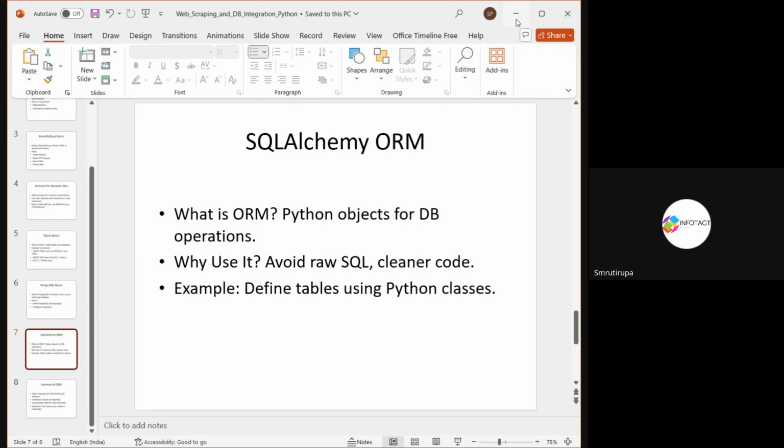I have already told you, someone was asking what the difference between SQLite and SQL is. SQL is a language. We interact with the database using SQL. Other than interacting with the database with SQL, we can interact using Python classes. So ORM is a technique that lets us write Python code to interact with a database instead of SQL. It's cleaner and easier for us to write in Python. Then to set up,